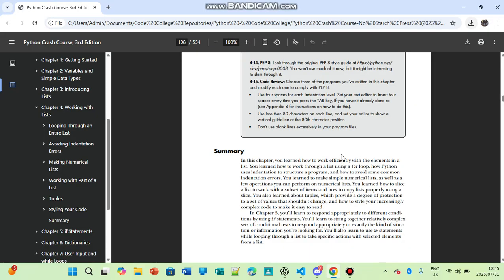Python uses to avoid some indentation errors in simple numerical lists as well as a few operation lists. Is to work with the subset of items, how to copy lists properly using a slice. You've also learned about tuples, which provide a degree of protection to set values that shouldn't change, and how to style your increasingly complex code to make it easy to read. So that's what you've been doing. So yeah, that's primary, and let's go to